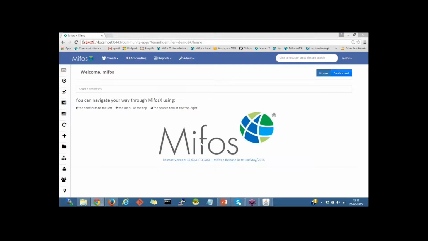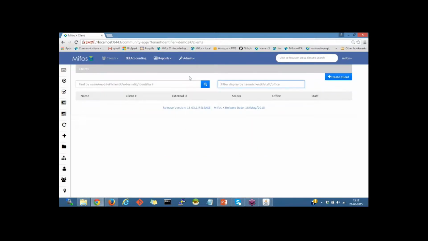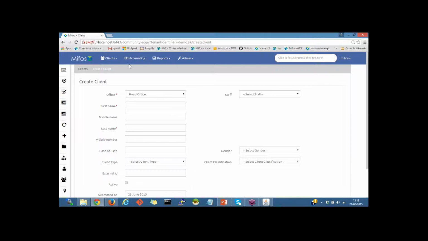I'm on the Mifos dashboard page. I'll click on the clients, then clients again in the drop-down. Then I'll click on the create client button. So it will provide me the create client page. I could select the office for which the client is going to be created. Let me select Church Street branch